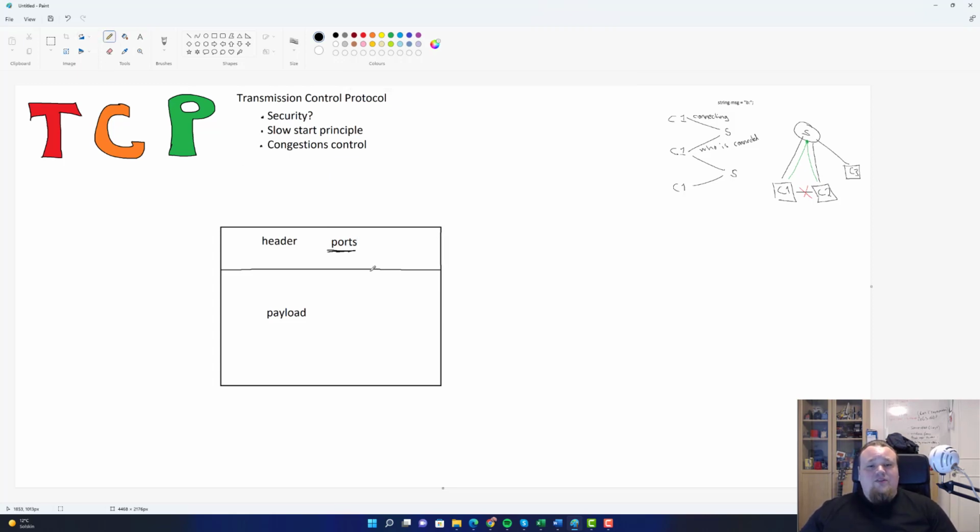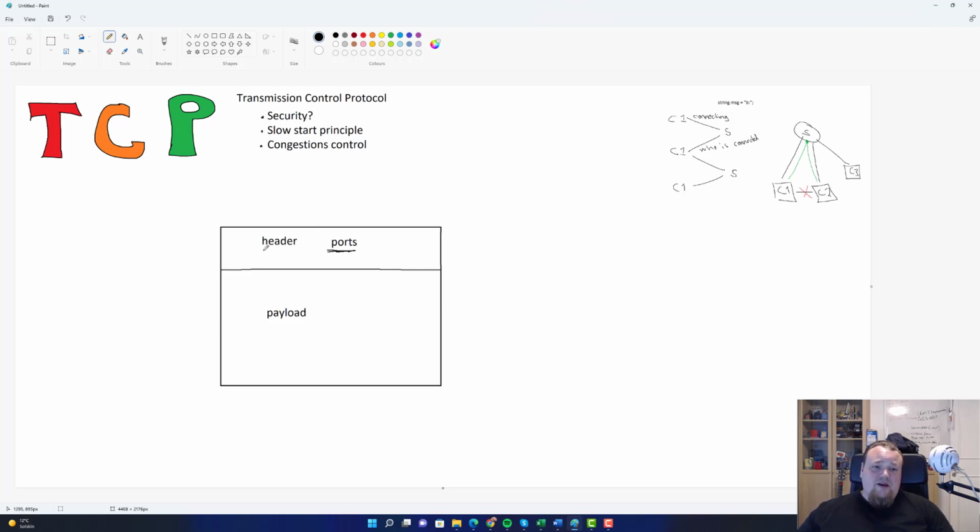So the ports are dictating which port you're sending and receiving data from and to. Basically, it's not that important for understanding the TCP protocol, but it's nice to know that if you're going to define a port, it's going to be within the TCP part of the protocol, for example, in programming, or if you're going to modify that. I'm going to get to that in a bit.